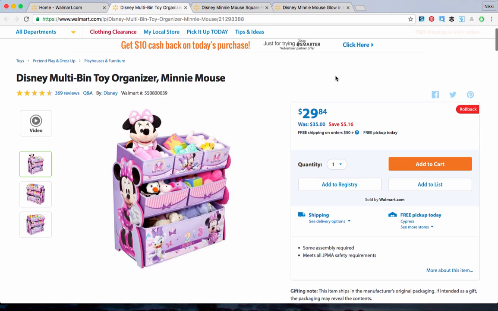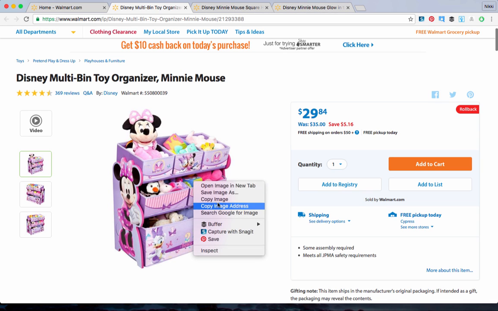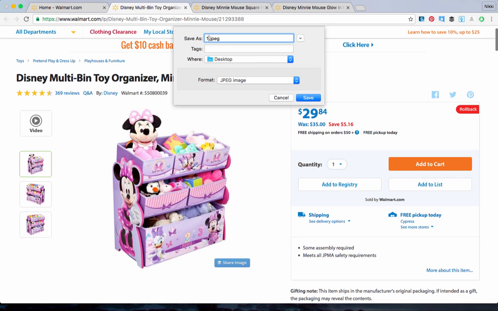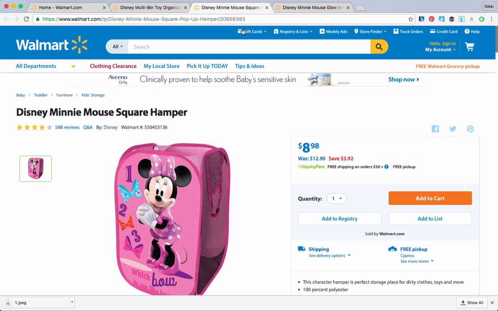So the next question you might be asking is, because these are three different products, how on earth am I going to get a picture that shows all three of these? Now, of course, you can get one individual image for all three products, but then that's going to put you in a bit of a dilemma, because when you make your eBay listing, you're only going to show one product. That could be a problem. However, what we're going to do is take each one of these individual images and save them all to my desktop,